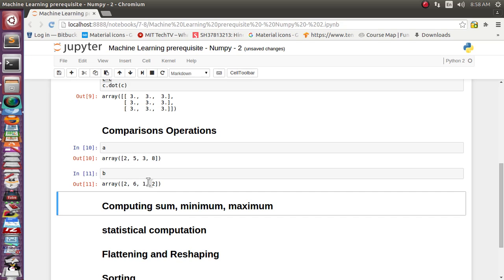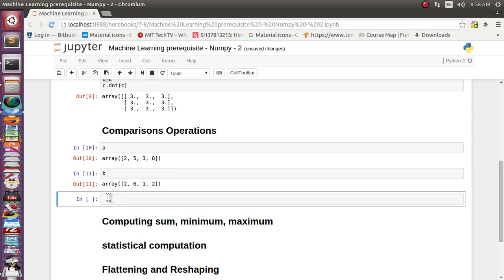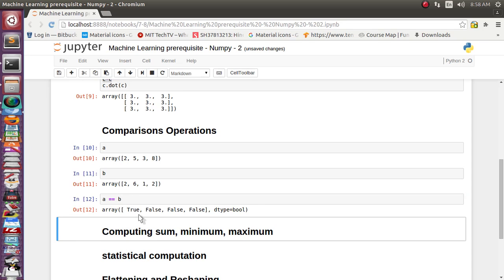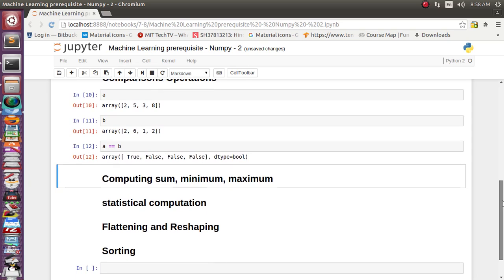So when we compare them, it has given the first element as True because it is common, and all the remaining elements are False. Okay, that's correct, that's working very fine.